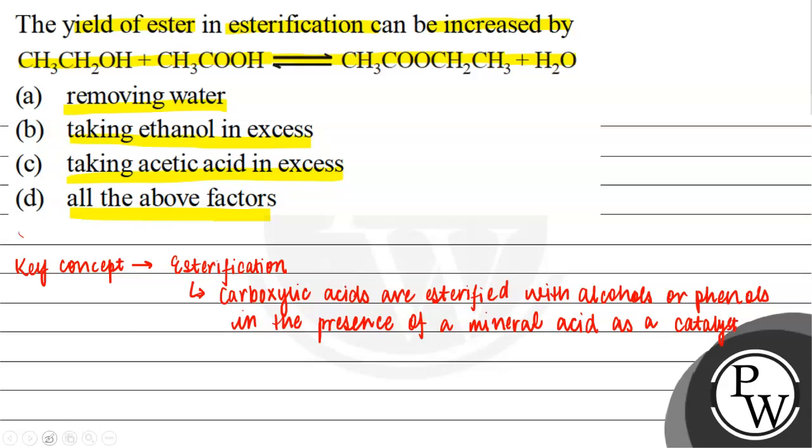अगर आप इसकी generalized chemical reaction देखो तो it is हमारा carboxylic acid plus alcohol R-OH in the presence of H plus ions from the concentrated mineral acid gives RCOOR' ester plus H2O. This is the reaction involved in esterification. Now let us look into the mechanism of esterification. अगर हम mechanism की बात करें तो उसी से हमें पता चलेगा the solution to our question, क्योंकि हमें पूछा हुआ है the yield of ester in the esterification can be increased by. So mechanism,